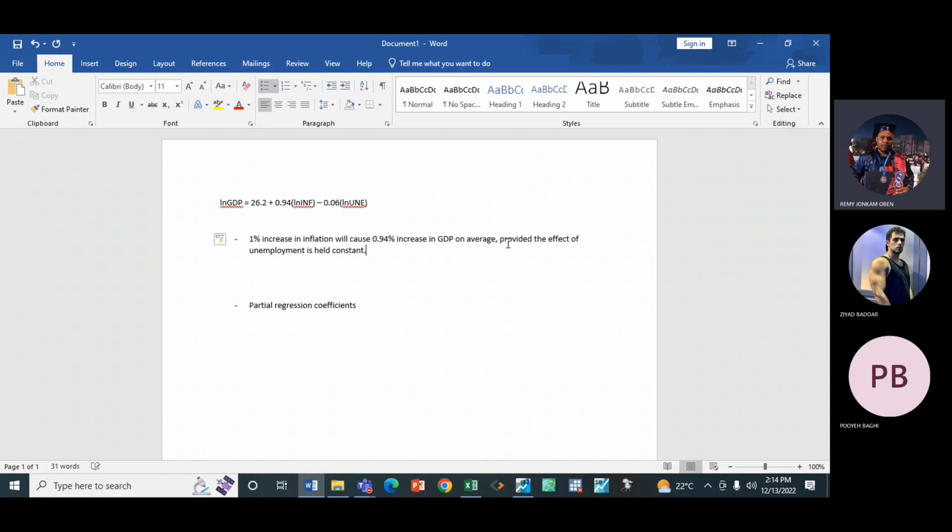Very important. This statement is very important because if you don't hold the effect of the other independent variable constant, you cannot get the pure effect of that particular regressor you are interpreting. You get the point? And it's the same thing. If we want to interpret this unemployment, what we'll say is that